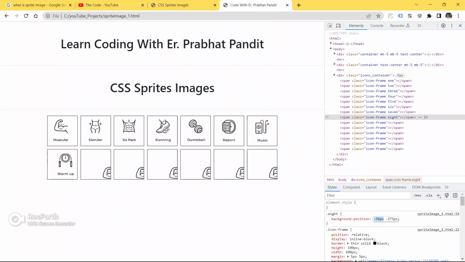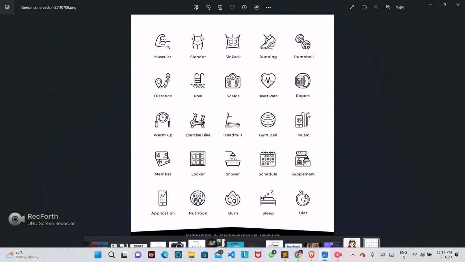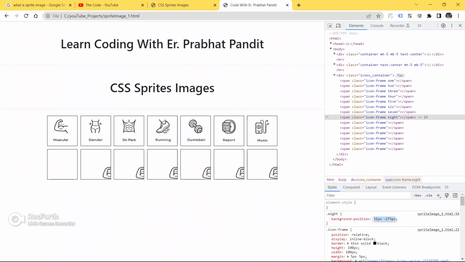Let me see the image first. Are we going in the right direction or not? So warm up is here, and yeah, warm up, and okay, warm up was there.